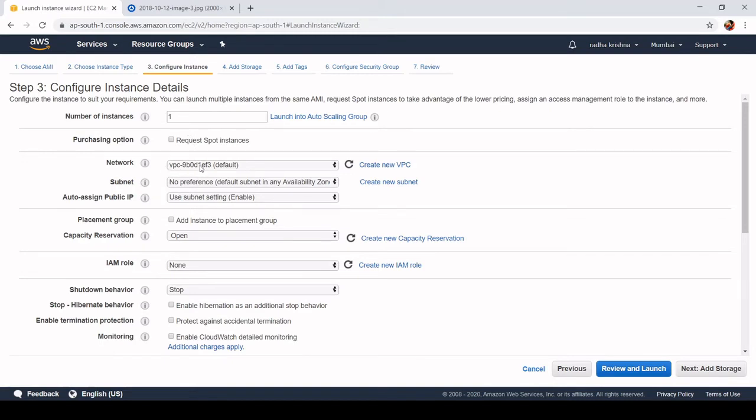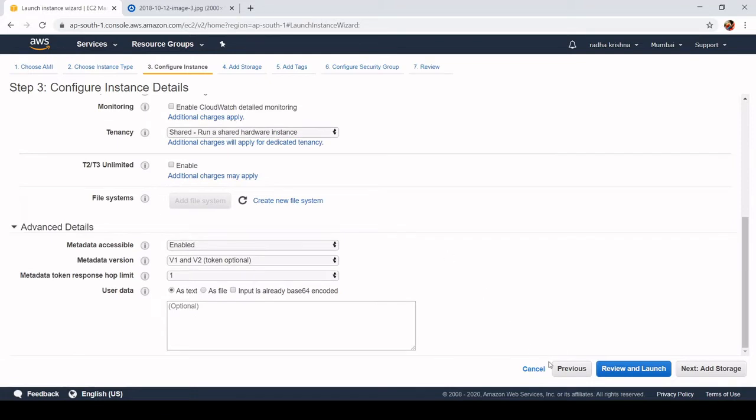Keeping defaults as they are, because this VPC is a virtual private cloud. Now, what is this VPC? VPC is a virtual private cloud. It means if you want to deploy your resources in a private environment, you can use this option, and it increases the security of your environment. And here I am going to pass the bootstrap script to deploy a small website, and let me show you the script.